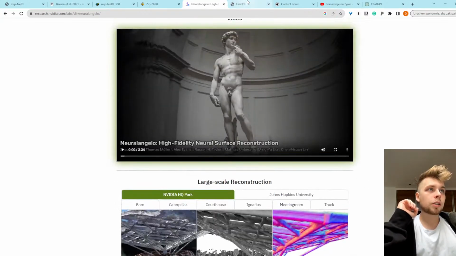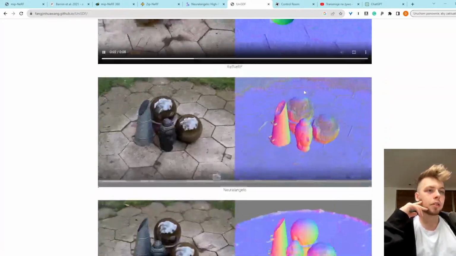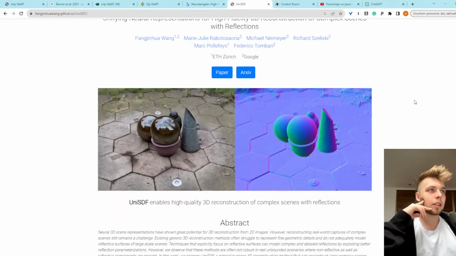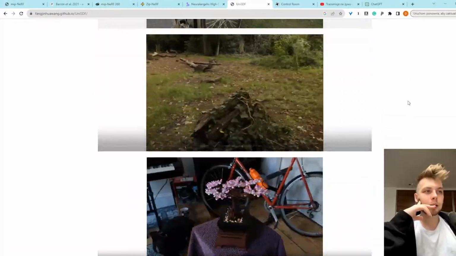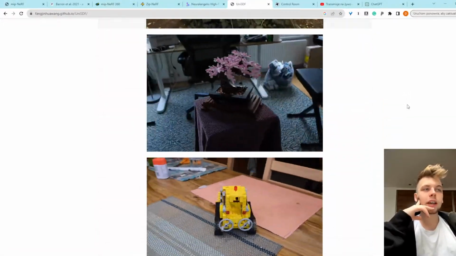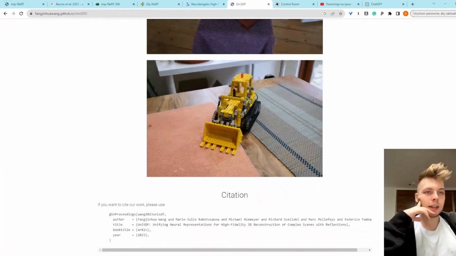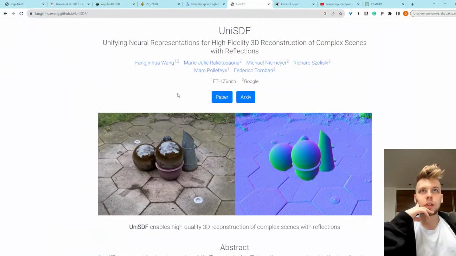And then we will compare all of that to UniSDF, a new model from Google and ETH Zurich, that I would say probably is the state of the art currently. At least that's what they show on many benchmark datasets. And this is a very recent paper, I think published last week or 2 weeks ago, something like that. So we will talk about all of that in the upcoming